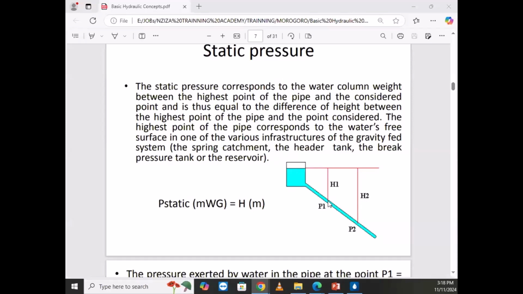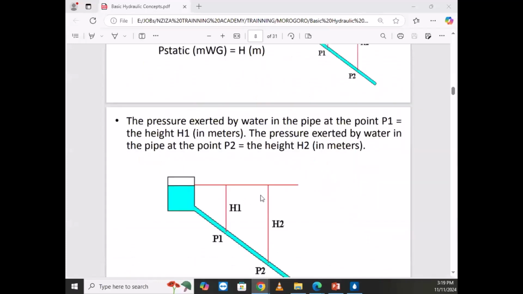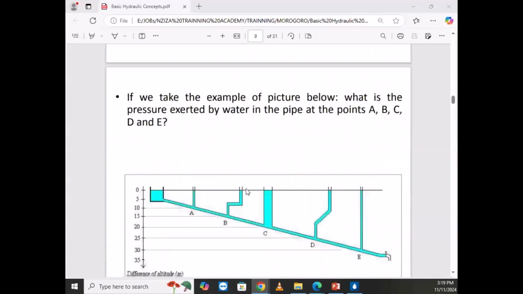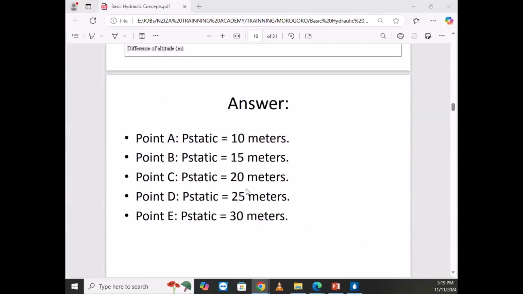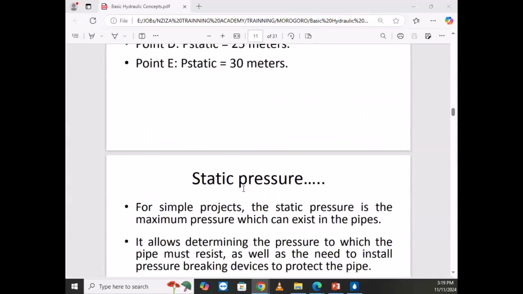You will get a notification that there is a negative pressure in your network. Negative pressure means that most of the time the dynamic pressure reached below zero. It means the water is not passing that area. That also we are able to